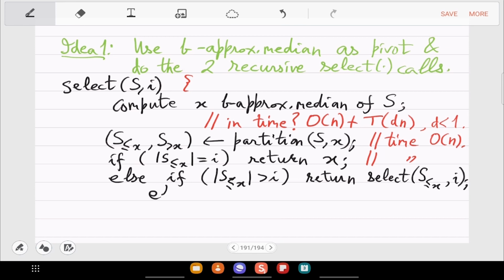And what happens in the less than I case? This should now be easy to guess. You have to call now on the other part. Correct. Since this first part is smaller than I, I is not present here at all. It is present in the second one. And in the second one, you have to subtract this size.